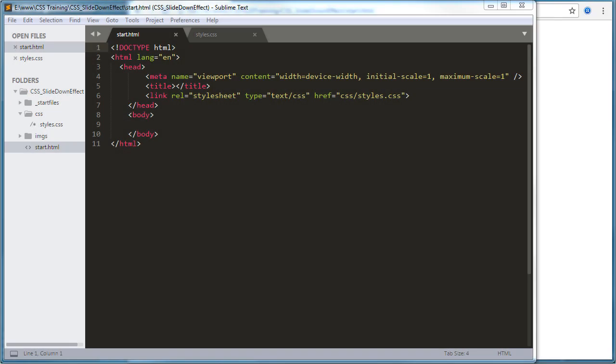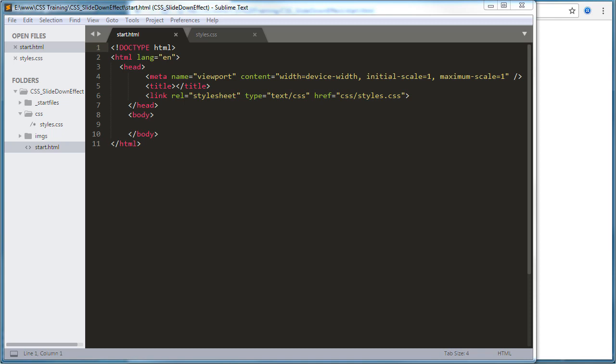Alright, so the transition property in CSS is one of the newest properties in CSS3 and allows us to create some very interesting animated effects using only HTML and CSS. Up until these transition properties, that wasn't possible. We had to use JavaScript and some other third-party languages to do any type of animation or interaction inside of our HTML documents. But with the changes in CSS3, a lot of that third-party stuff is no longer required. So in this tutorial, we'll create a slide down hover effect on a group of photos using